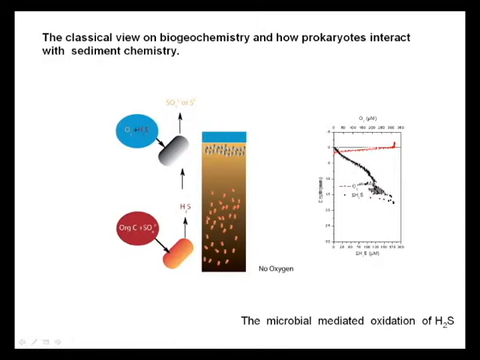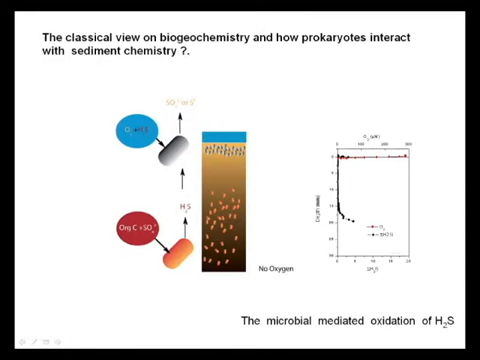On this slide, you will see a typical profile where you have sulfide coming up from below, and it reaches the oxygen and is oxidized right here where the two species meet. In many of our incubations, we can see a very peculiar phenomenon, namely that sulfide is actually removed far below the oxic zone. There's no contact between sulfide and oxygen here. So apparently this classical scheme does not work in these incubations.